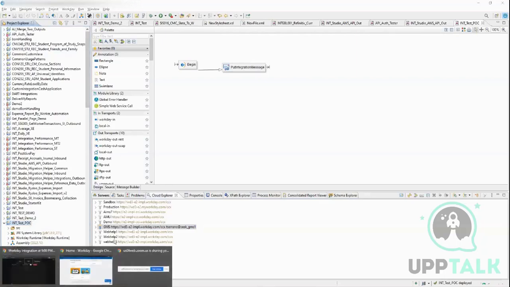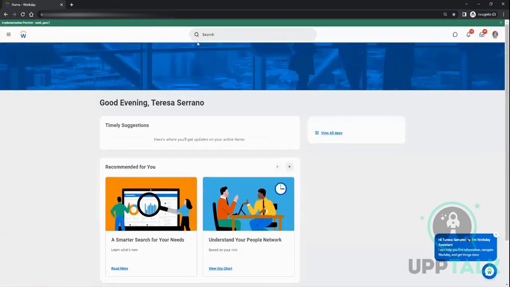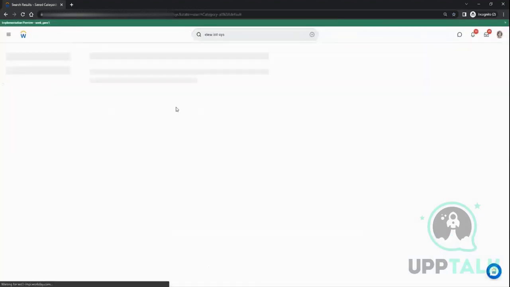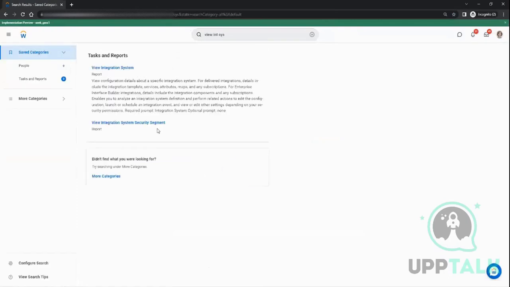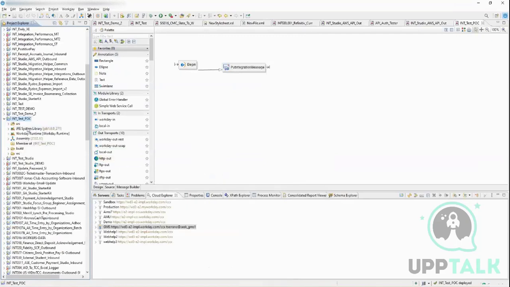Right. And from the tenant, you can also download the CLAR file, right? To check whether it's a studio integration, you check the template name. The template name will be cloud template, right? And it has a CLAR file. What does CLAR stand for? Cloud Archive, right? So .CLAR, where what Workday does is it's a combination of all the files which are there